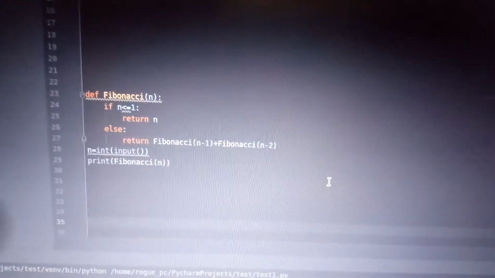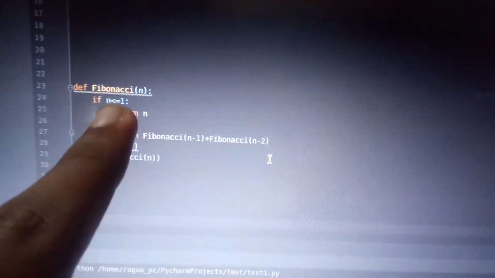Recursion is when a function calls itself. Here we have a base case, and for all recursive functions we should have a base case, or else the function will be calling itself infinitely. The base case here is when n is equal to 1 or less than 1, like if it takes the value 0 or 1,